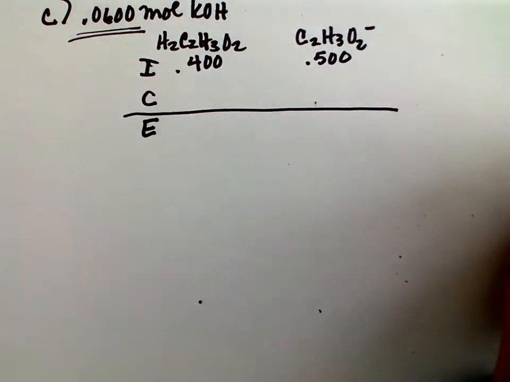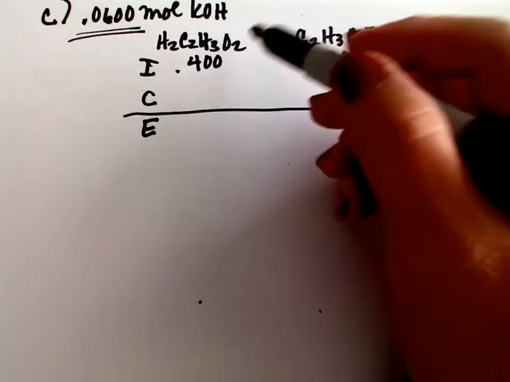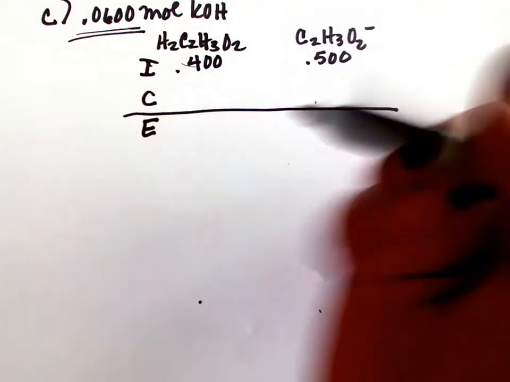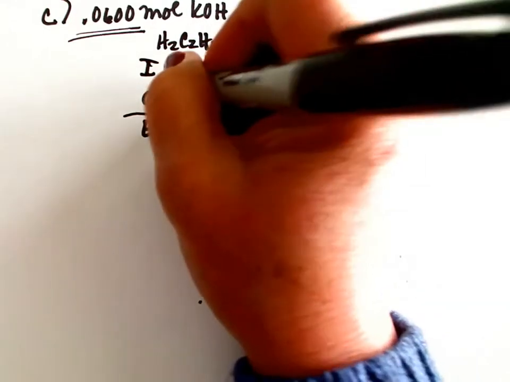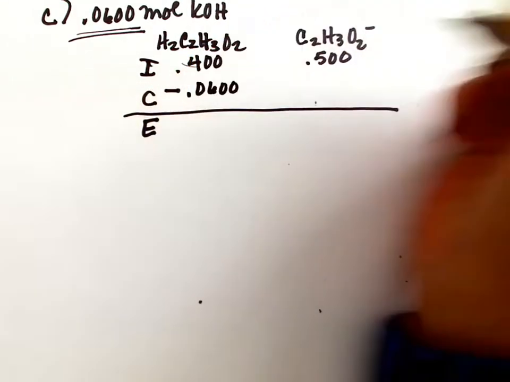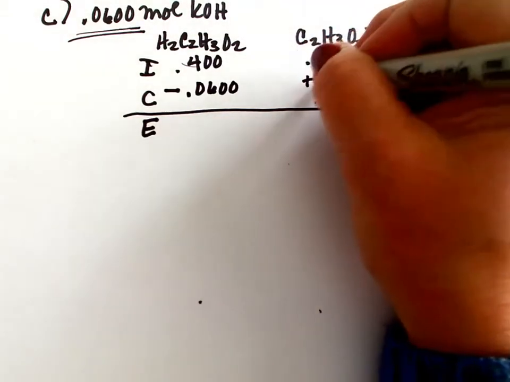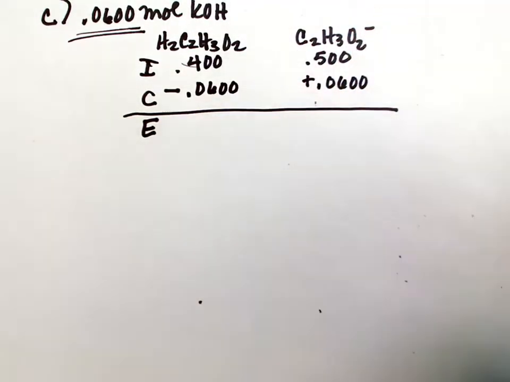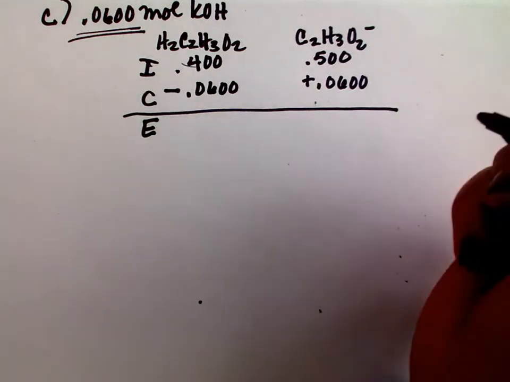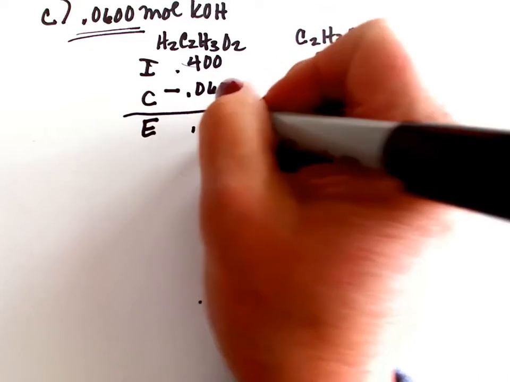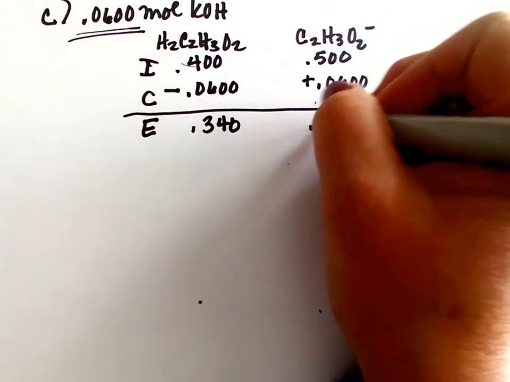We know how much hydroxide ion will be added and neutralized by the weak acid. So we're going to use up 0.0600 moles of weak acid, and we're going to make 0.0600 moles of acetate. So our equilibrium concentrations here are 0.340 and 0.560,